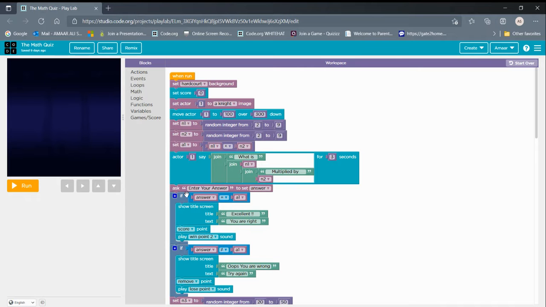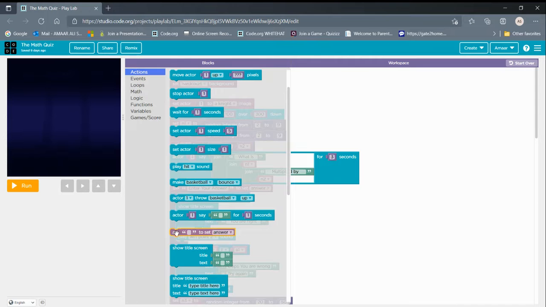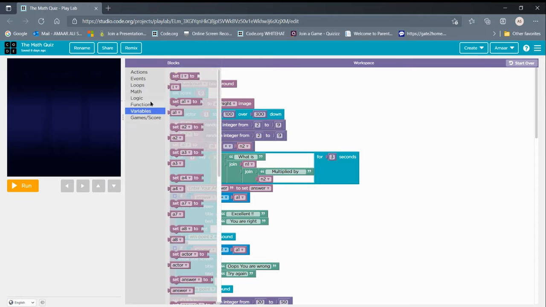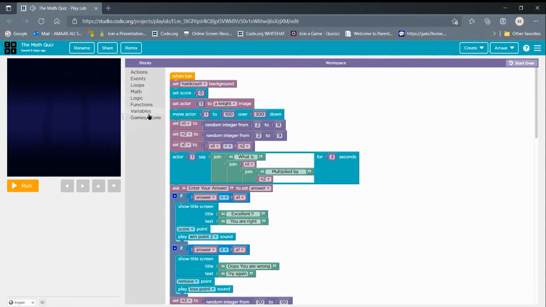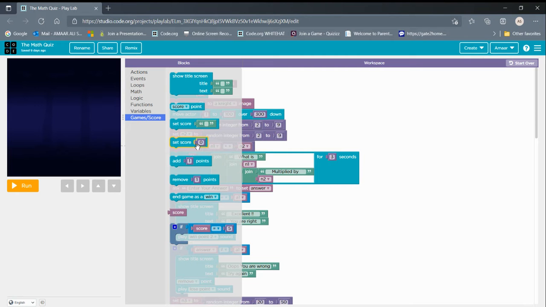Now again go to actions, then ask block, enter your answer to set answer. Then go to logic, take the if block and again go to games and score and take this block.